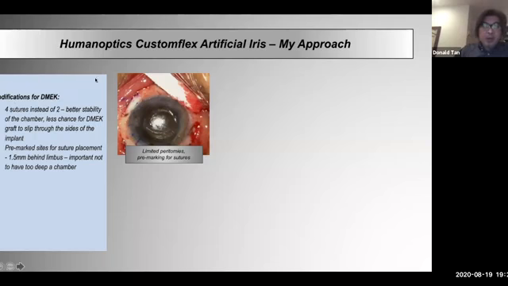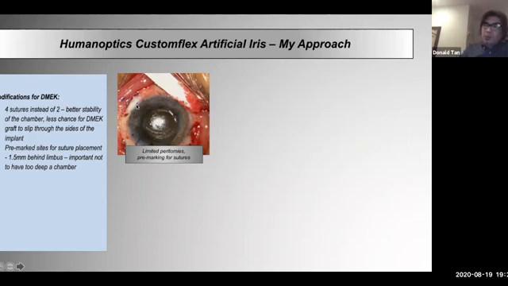I do everything here. I pre-mark first. And here's a really important point. Normally they would say you would put it around the pars plana, so about 2.5 millimeters behind the limbus. That's where your sutures will go in. Those are your incisions for your sutures. I place it a little bit more anteriorly. And so my favorite usually is 1.5 millimeters behind the limbus.